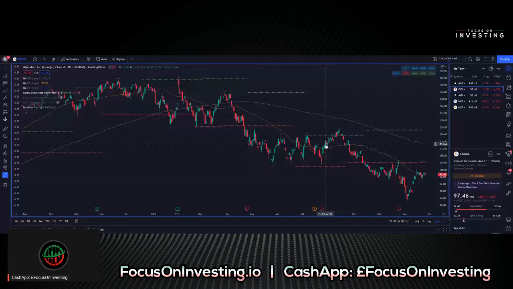Now we've got an extra indicator from Focus on Investing, which is the trend filter, which highlights what the trend is. It's a filter that goes over price. So if I indicate the trend filter, we can now see the majority of price, if we look from the 25th of August, we see a red trend filter. So we can see that price here is indicating from the trend filter that it's red. And now if we take this trend filter back off again and look at the individual